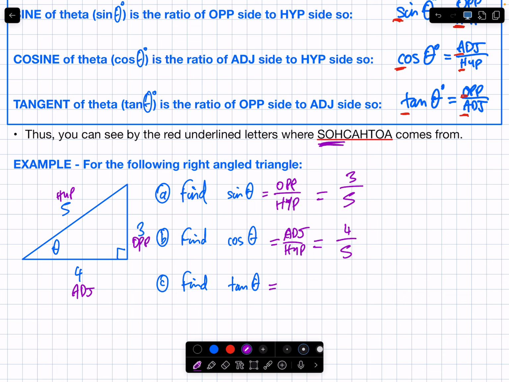And tan of theta is going to be opposite over adjacent, which is going to be 3 over 4. I think that's 0.6. I think that's 0.8. And I think that's 0.75. Can I get that example down? Then you can have some time to work on the